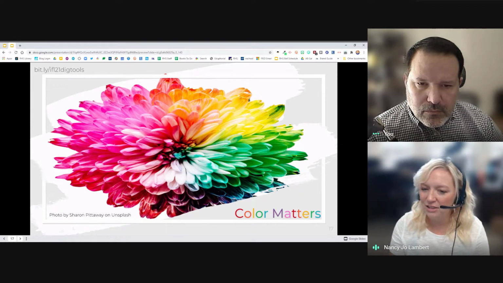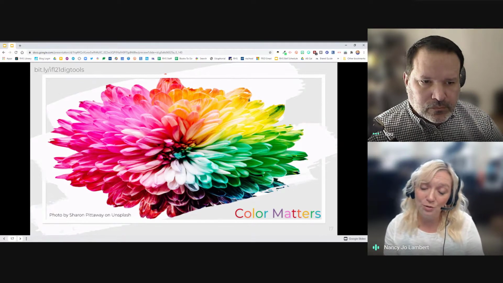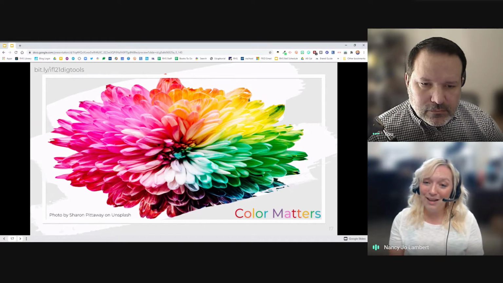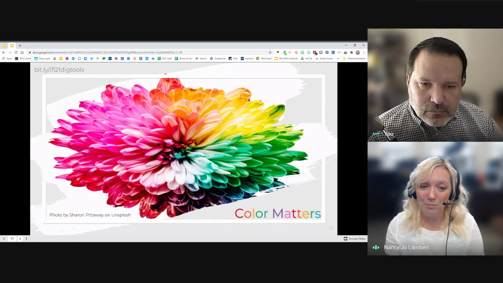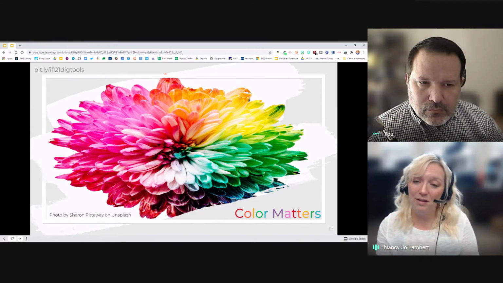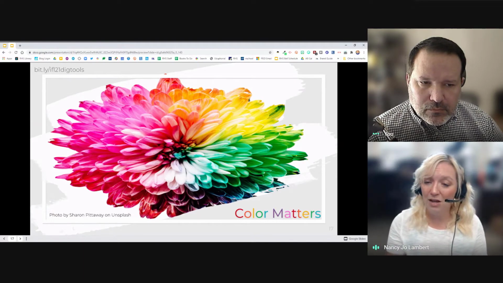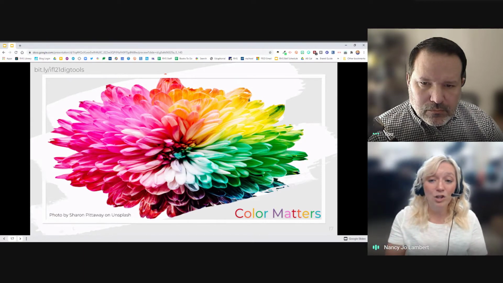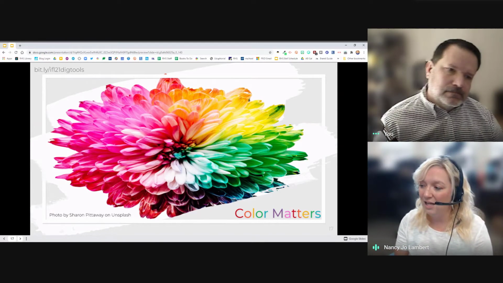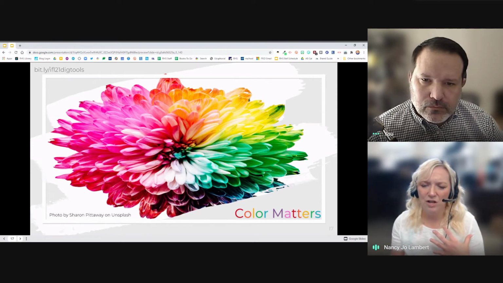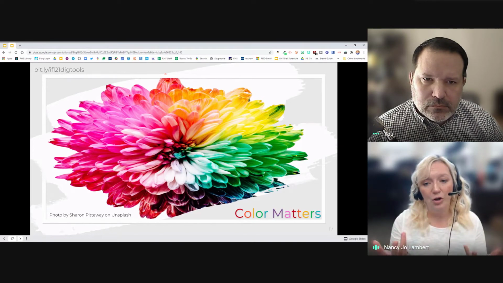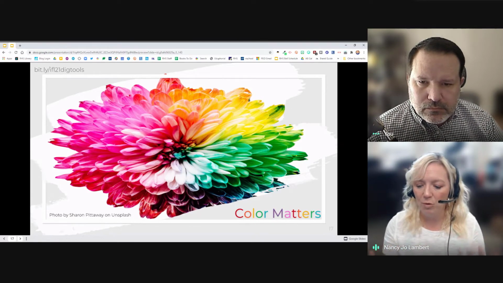But color really matters. When you're creating something, you don't have to use every color that's out there. You can pick, depending on what it is. I like to tell my kids, choose a main color and an accent color, or two main colors and an accent color, or a main color and two accent colors. You don't need 25 colors on everything to make something really fantastic. So really pay attention to those colors and what colors are warm or cool, or go with your topic or your theme or whatever it is.